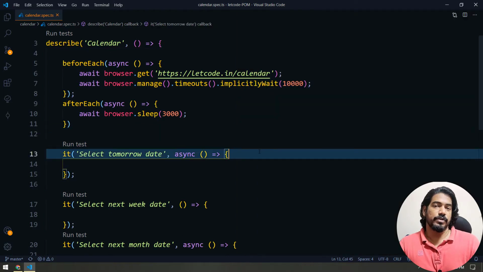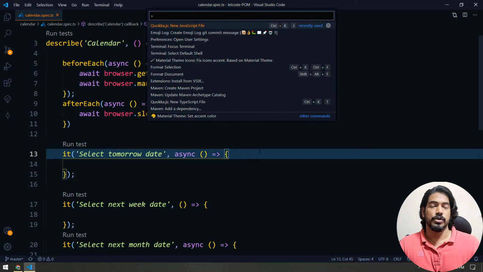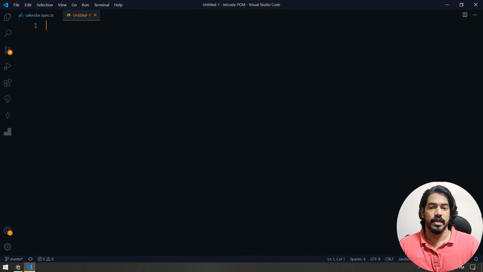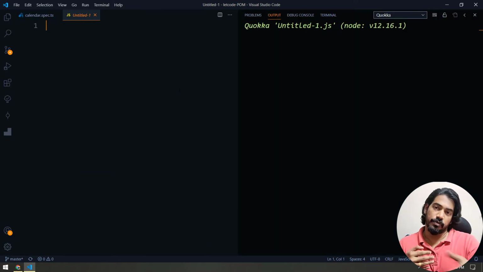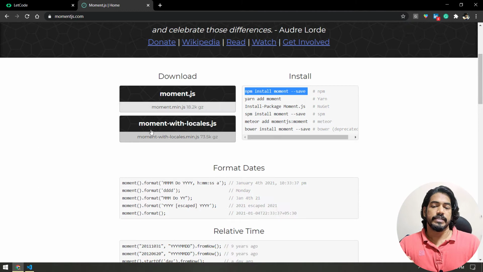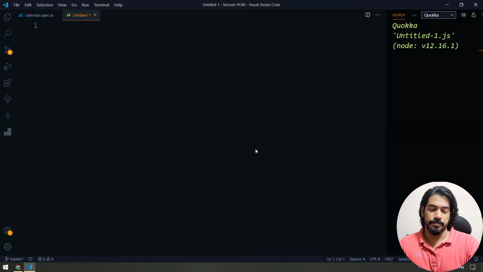Now, before getting into the actual Protractor code, let us understand how this moment.js is going to help us. So I'm just going to press Control Shift P and click on this new JavaScript Quokka plugin. I hope you remember this, right? So we can see the output while coding itself, right? So for that we are using this quokka.js, okay? Now let's say that I want to get the date of today, right? So here I can say moment.